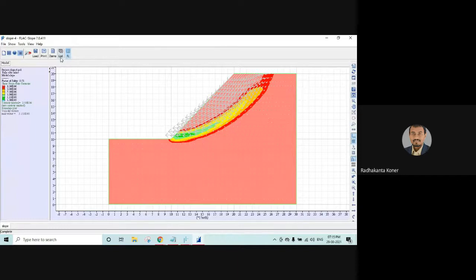Okay, left side on the bench. So in this way, interpretation of the flat slope may be very much useful for the mining engineers who are dealing with bench slope stability or any kind of slope that they are encountering. So this is about module 2. For module 2,